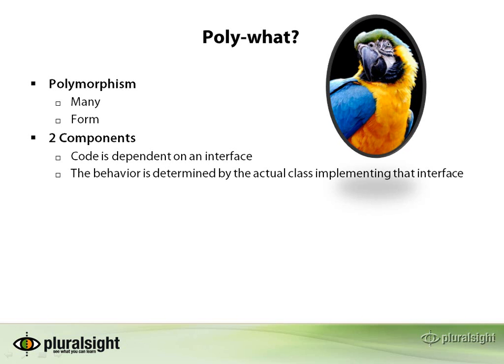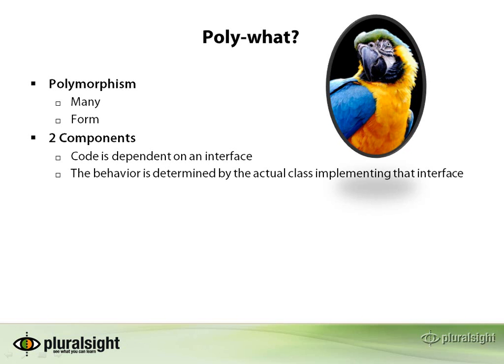There are two components to polymorphism. You have some code that's dependent on some kind of interface. And when I use the word interface here, I just mean some method of operating with it, some way that code or that class is being used. An interface for a class is simply the methods that exist on that class. So you have some code that's dependent on some methods that exist in a class. And then the second component is that the behavior of that code is determined by the actual class